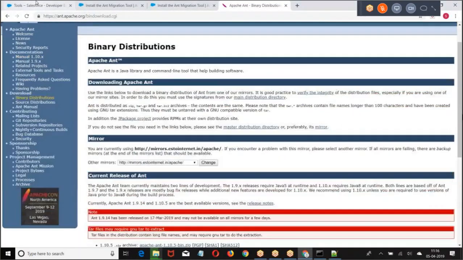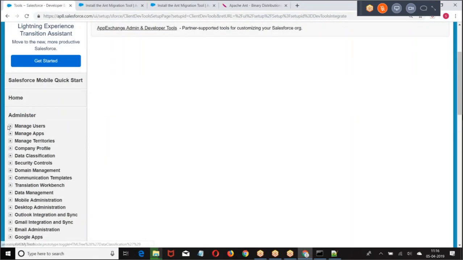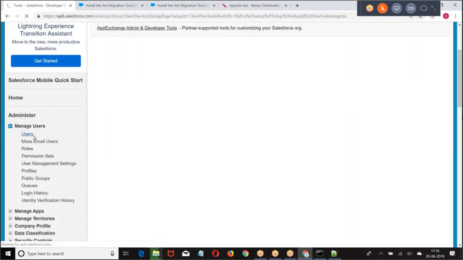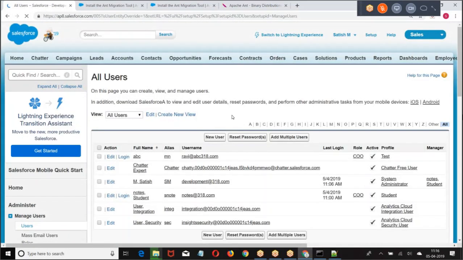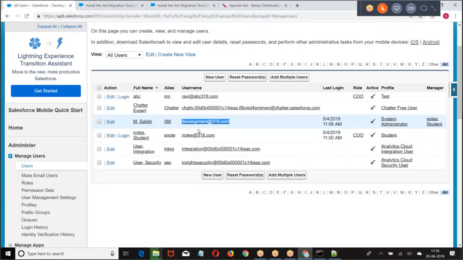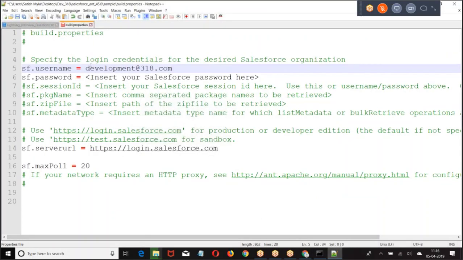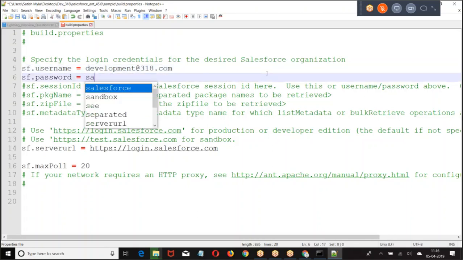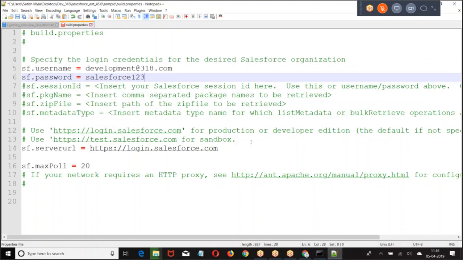What is the username? Take the password. Then because it's a production, login.salesforce.com, maxPoll equal to 20.